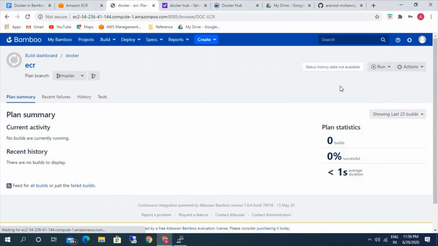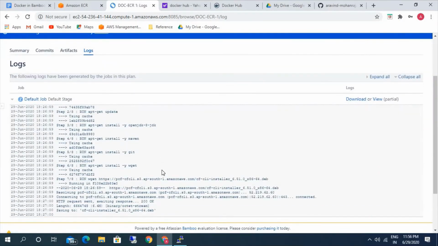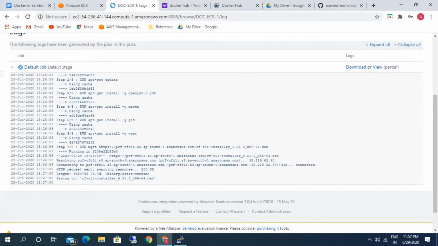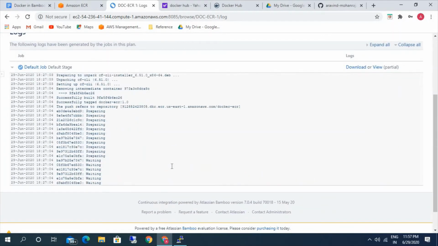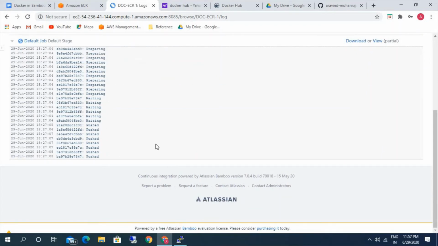Let's go ahead and run the plan and check the logs here. It's installing. Waiting, and pushed. It's showing as pushed.